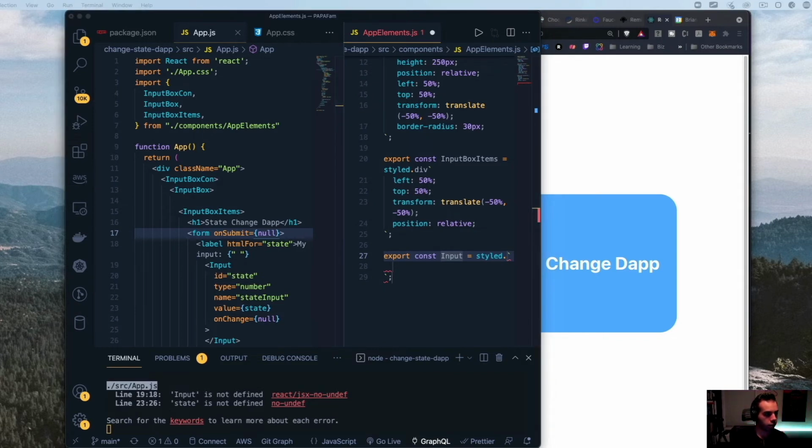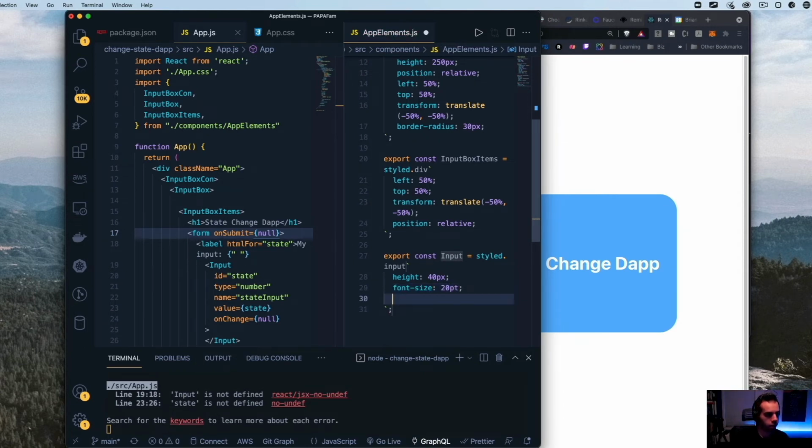And then we're going to give that input some styling. And this is also, so with styled components, you just say the styled input. We're then going to give it a height. So let's say this is 40 pixels. Let's say this is font size 20 point. Let's say that we have a width of 150 pixels and margin bottom 10 pixels.